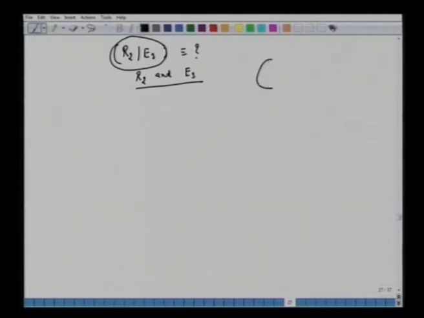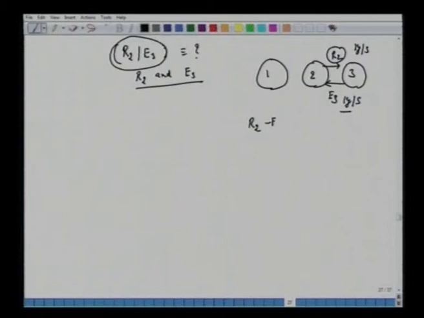So the question here is R2 and E3, which is talking of the second stage, 1, 2, 3. This is the raffinate R2 and we are talking of E3, extract arriving from the third stage. What is the ratio? This is kg per second and kg per second. All right. We know the difference, R2 minus E3. We have been asked to find out R2 over E3. How do we do this? Very quickly and very conveniently.